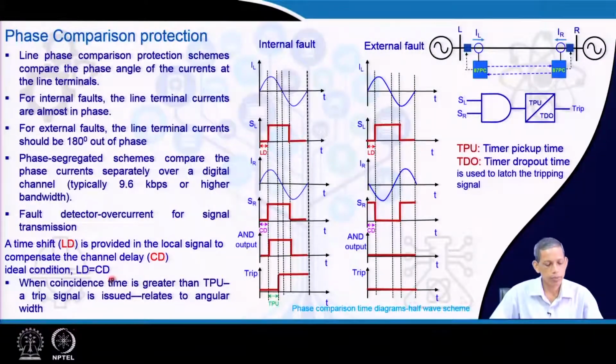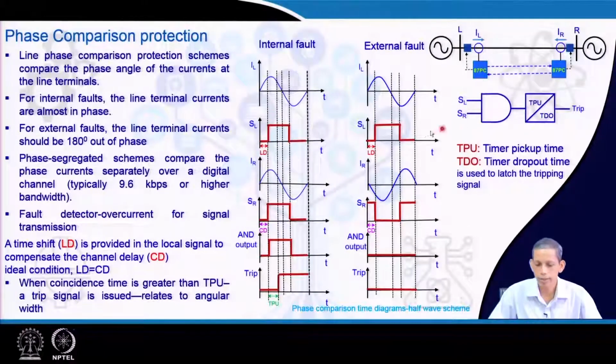Now, consider that if LD equals CD at the local end, that is the ideal condition. Then the corresponding phase angle information from this coincidence, the time, can be obtained very accurately. When the coincidence time is greater than the TPU, the pickup time of the timer, for the internal fault case, then